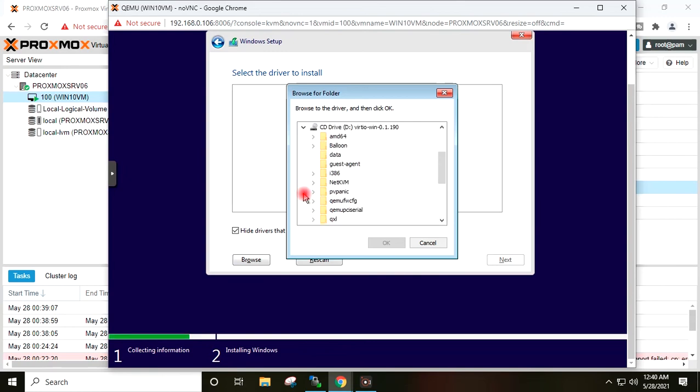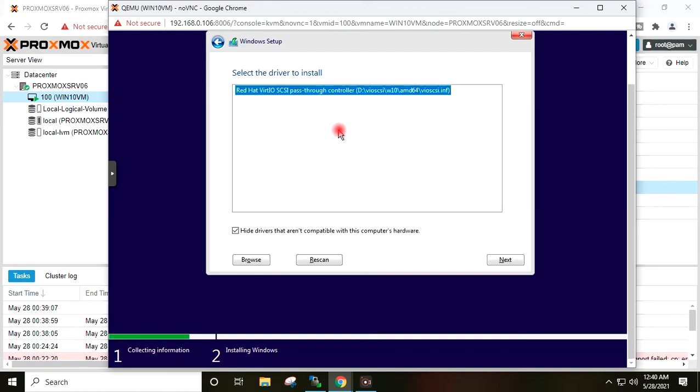I will expand the VirtIO. I will expand the SCSI option, Win 10, AMD64. OK. Next, it will install the hard disk driver for my virtual machine.